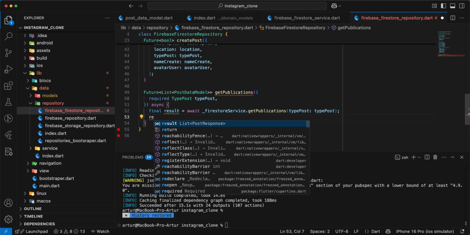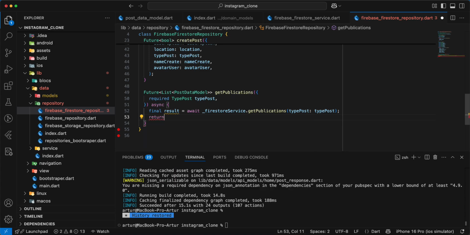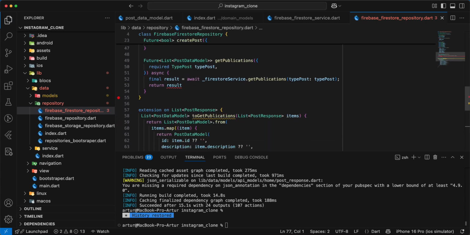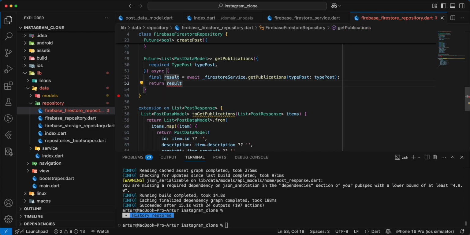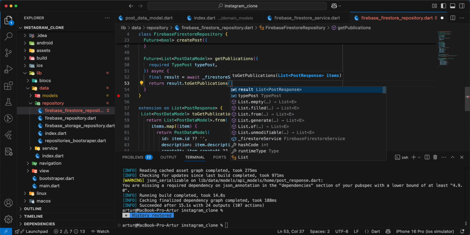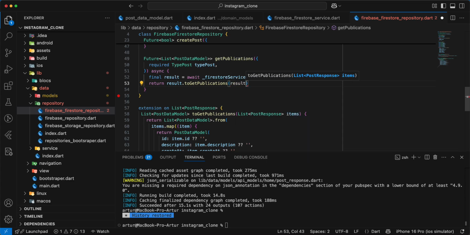Then we write return, write result, and we add converter API model to domain model. And we add to result, save,